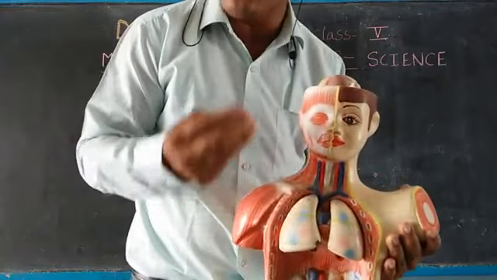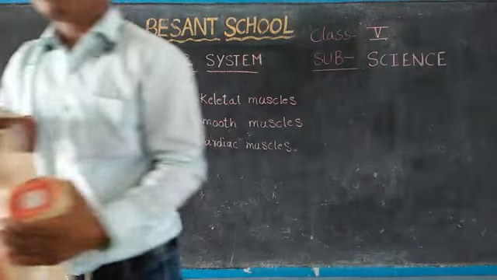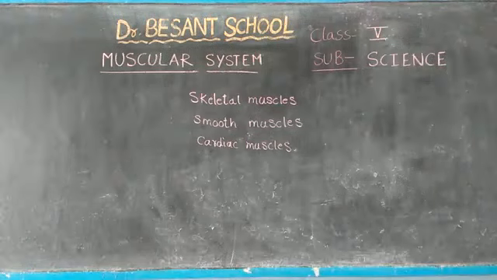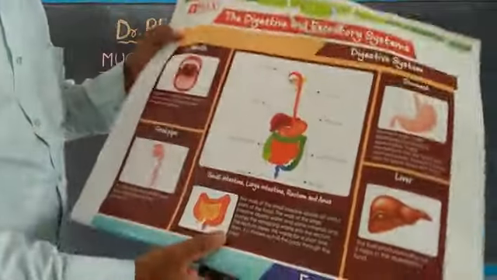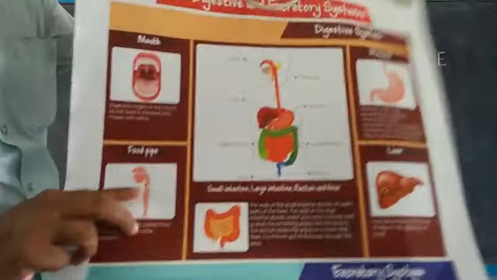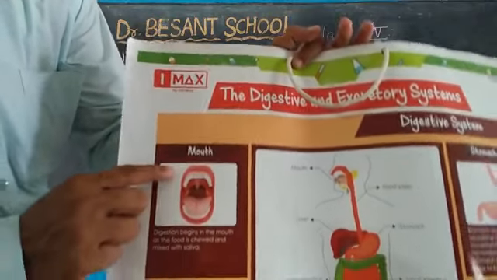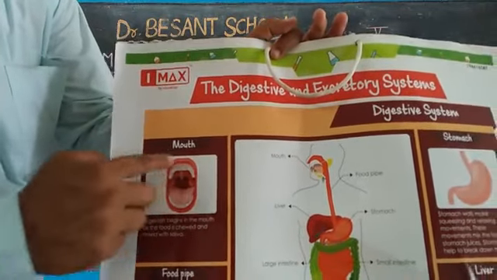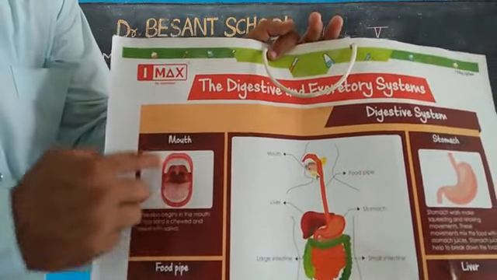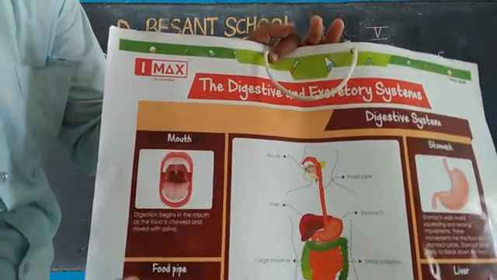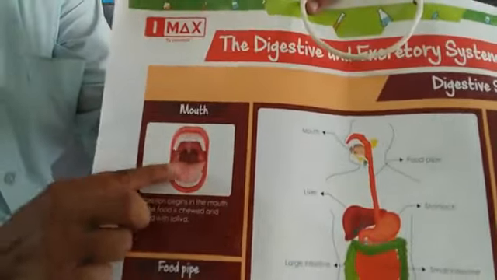With the help of a chart, I want to show you the types of muscles. See this chart? In order to make it clear for you, I am showing this chart. With the help of the chart, you can easily understand these pictures. Here the mouth also contains skeletal muscles. Even the tongue is made up of this muscle only. The muscles present in the mouth and tongue help in talking as well as eating.